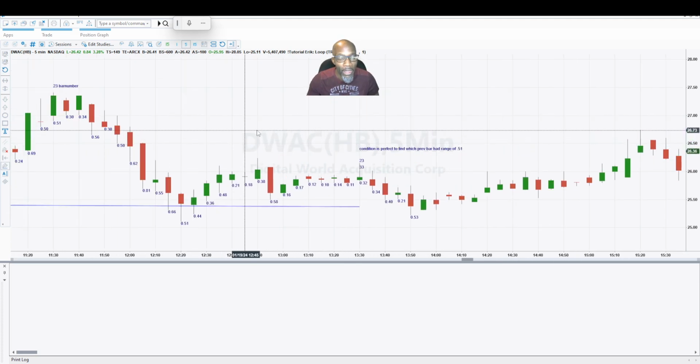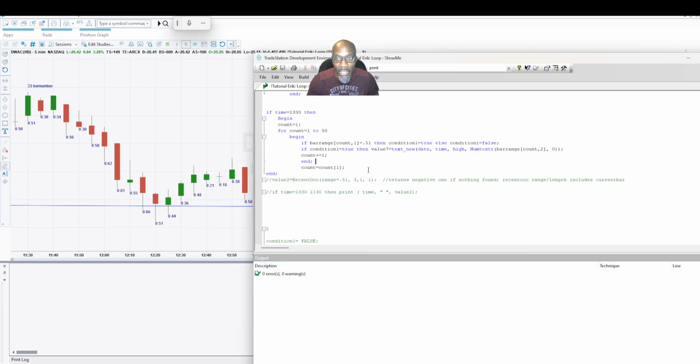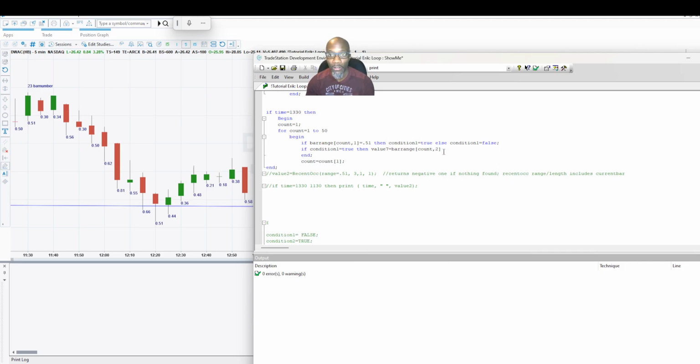They'll get you. All right, so we got bar 23 and we got bar 33. Okay, so if you needed to use that in your script somewhere, you'd return that. Like I said, instead of printing it to a text, you might assign that to here. So you assign value 7 to what you're looking for. All right. And once you assign it,